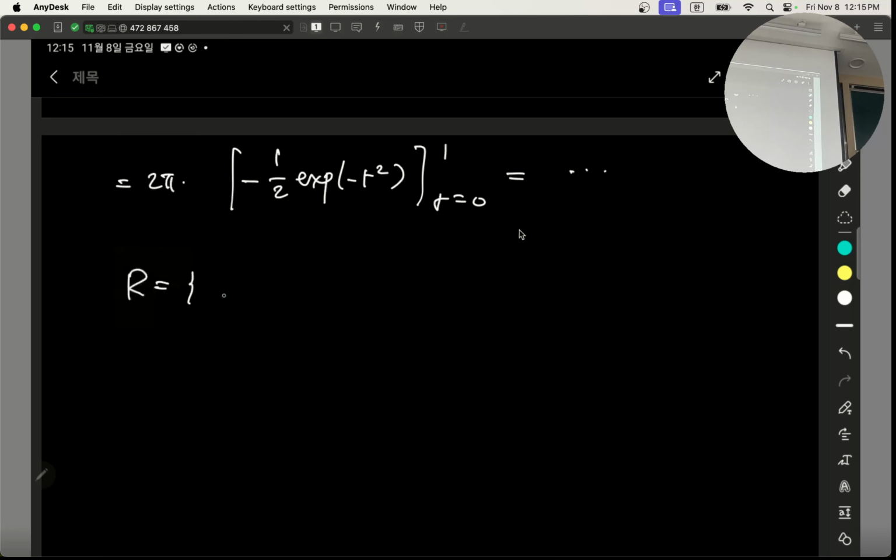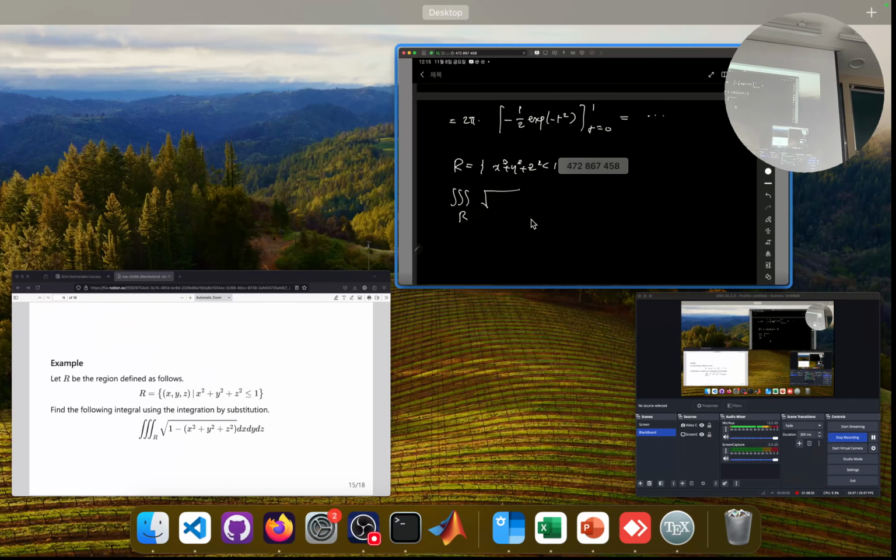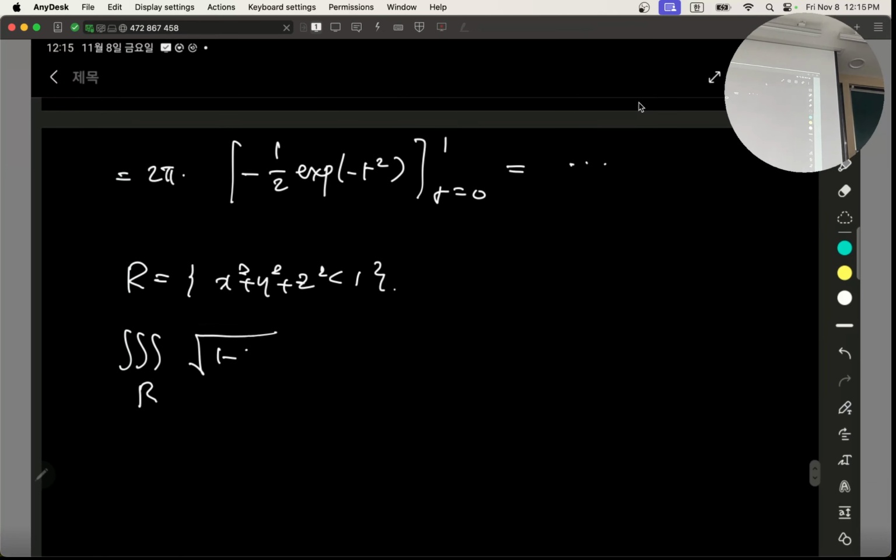Our region is the sphere, and I want to compute the integral of the square root of 1 minus x squared minus y squared minus z squared, dx dy dz. So let's try to use